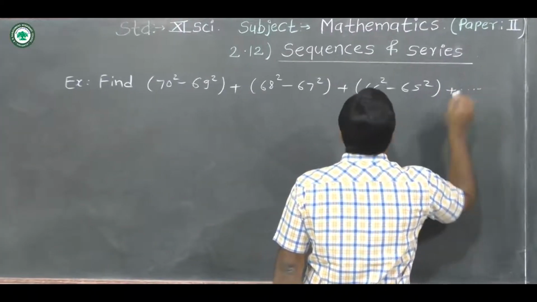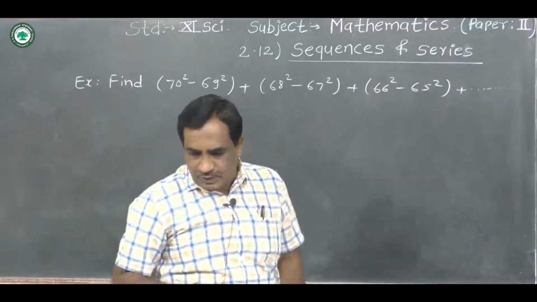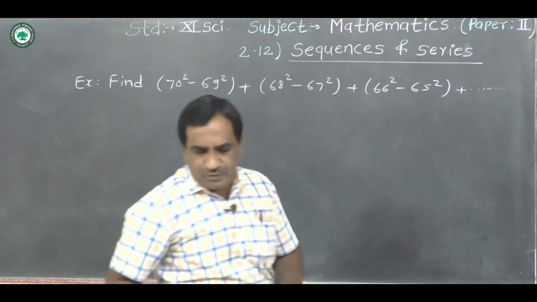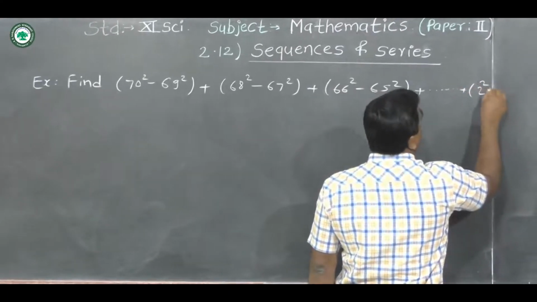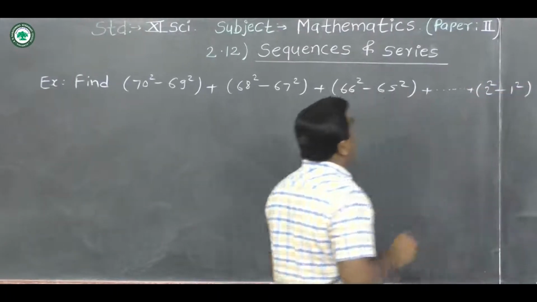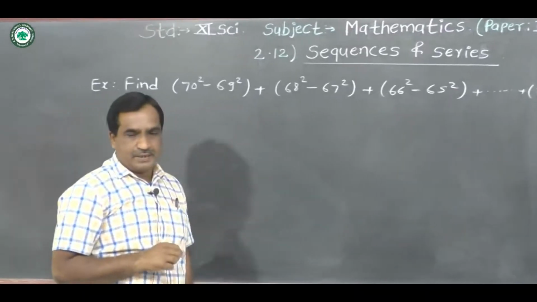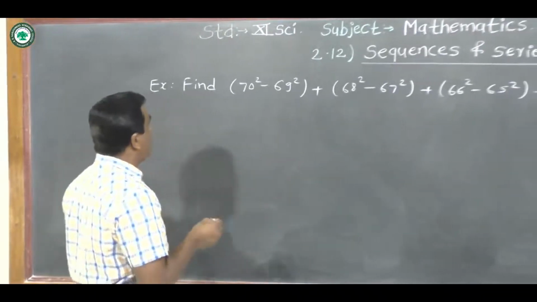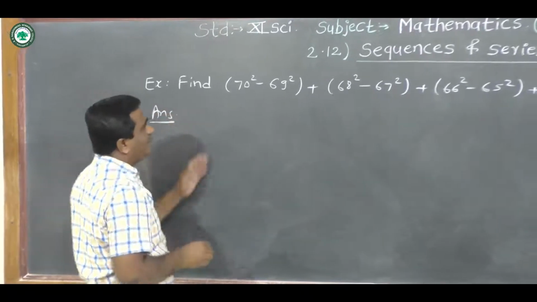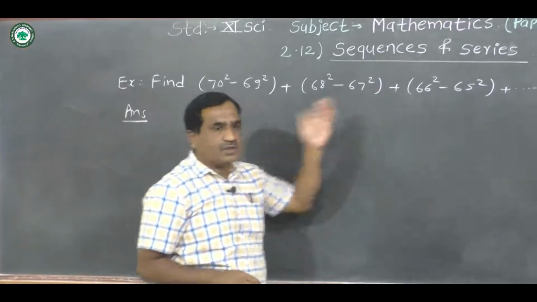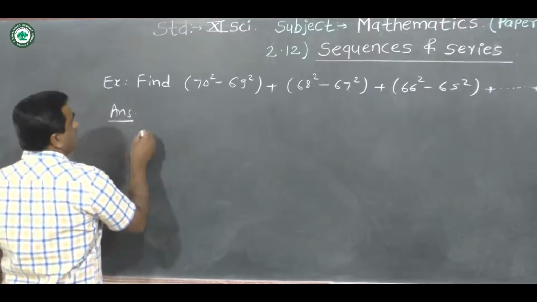plus and so on. The last term is here, in bracket, 2 square minus 1 square. Okay. Now we see the answer for this example. We have to find the value of all this expression. Therefore consider,